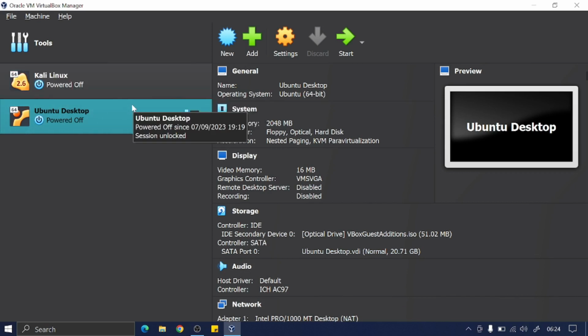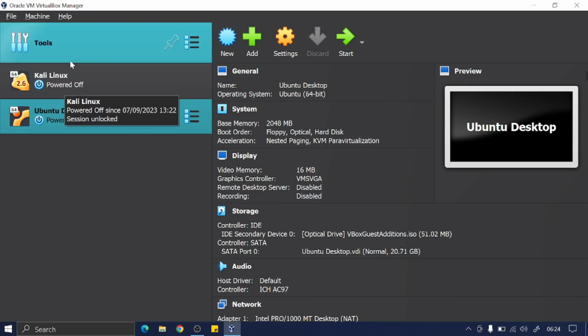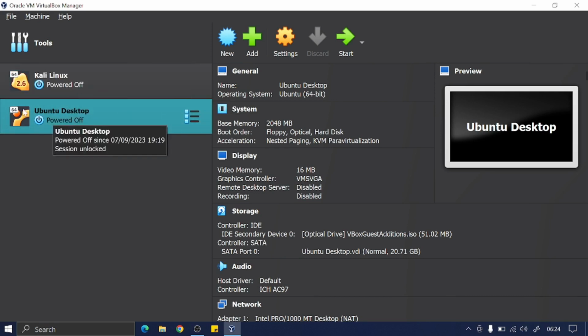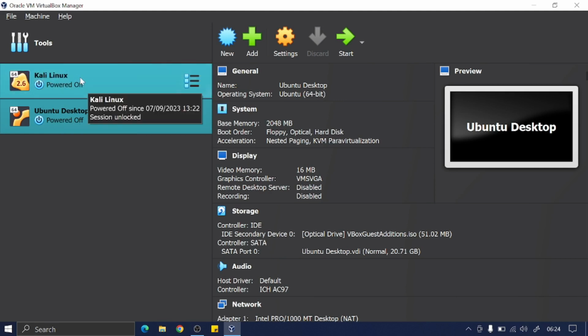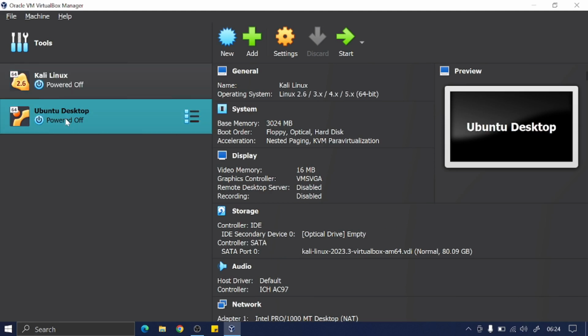Today we are going to look at how we can increase the size of the disk of a virtual machine you have in your VirtualBox. We are going to use one of our installed virtual machines. As you can see on my screen, we have two virtual machines. The first one is Kali Linux, and the other one is Ubuntu Desktop. In our case today, we are going to look at how to increase the virtual disk of the Ubuntu Desktop